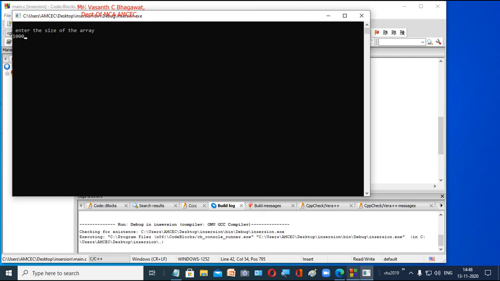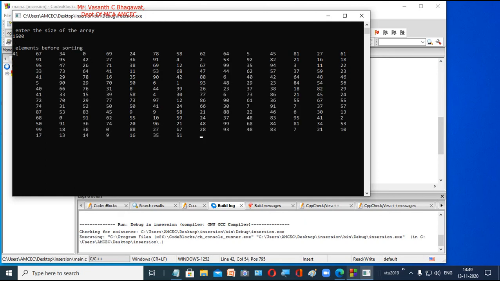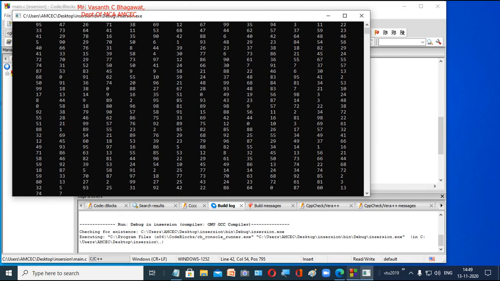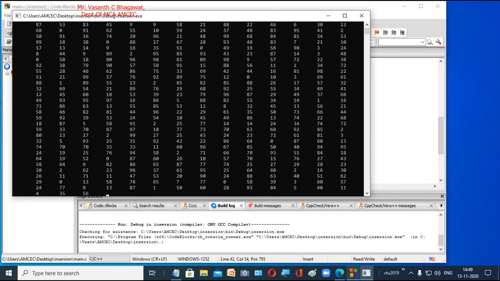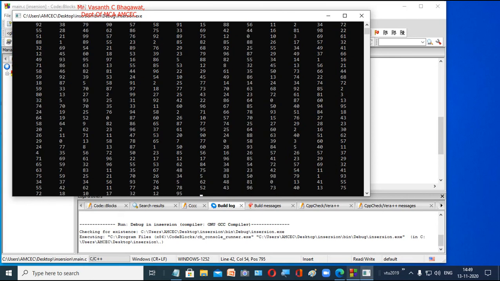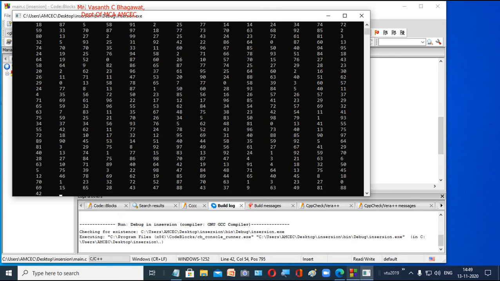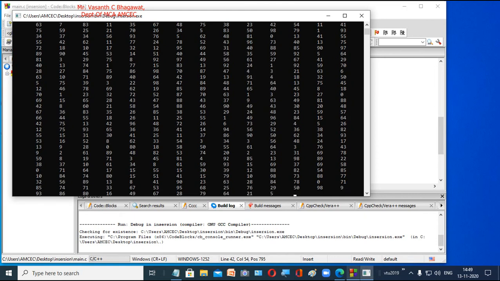Now let us try to give still more. Let us give 1500 numbers and see whether it displays any time or not. So we are generating 1500 numbers, storing them in an array, and trying to sort them using insertion sort. But when you analyzed your algorithm, you saw that the worst case time complexity of insertion sort is n square, which is very bad compared to our merge sort, right? So merge sort is better than insertion sort as per the analysis we have done.